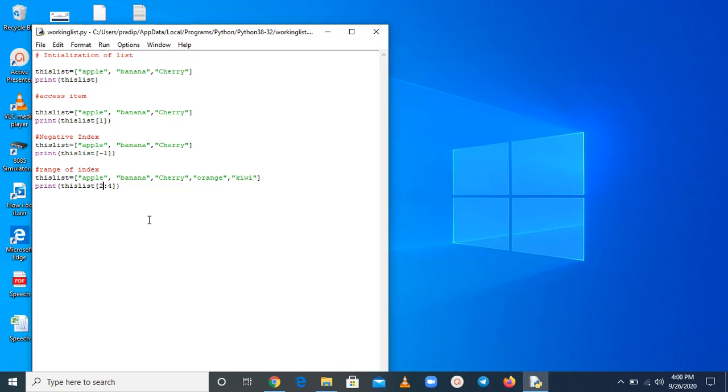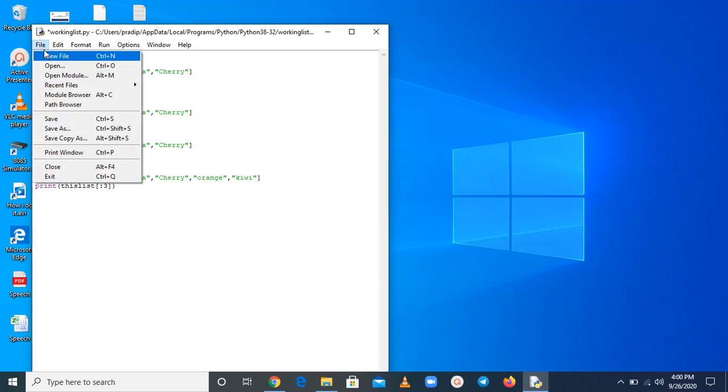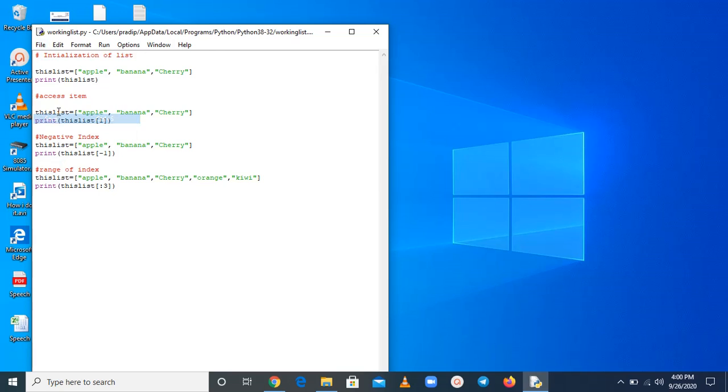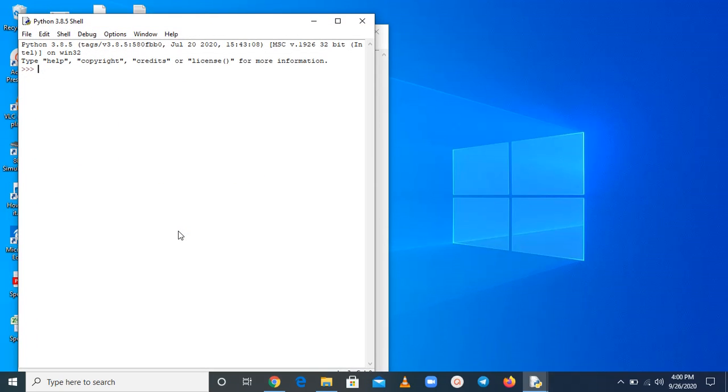Also you can check by removing this, means we remove the starting point, and save it. So, here you can see.